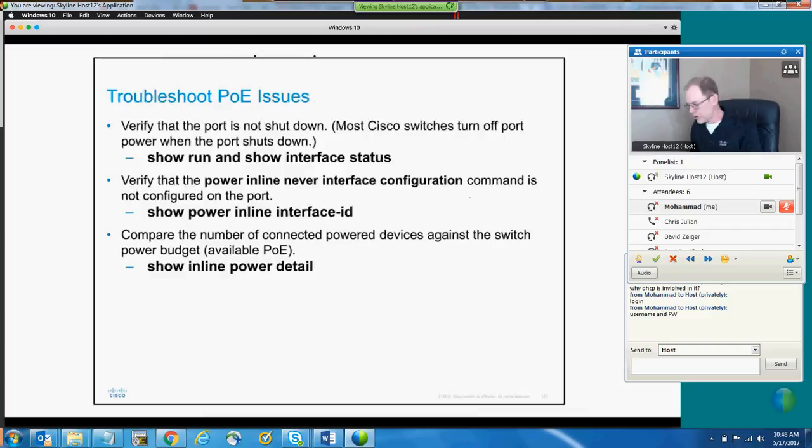All right, questions? All right, and then the last thing is if you're responsible for switches. So Chris asked, is there a cable rating for PoE? There is. The minimum cable rating is